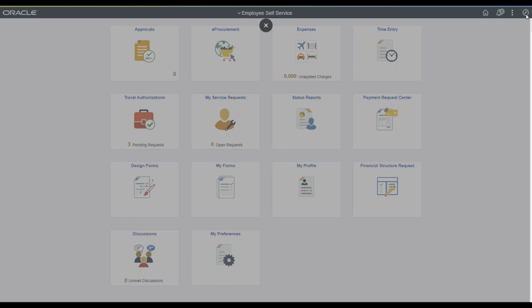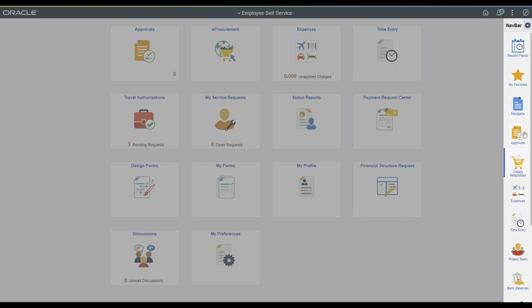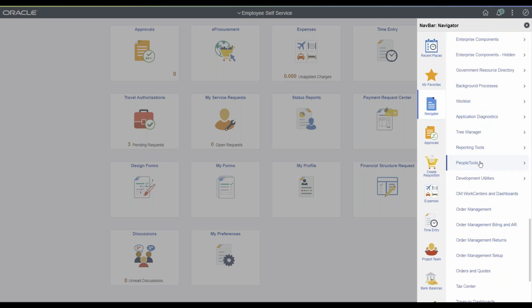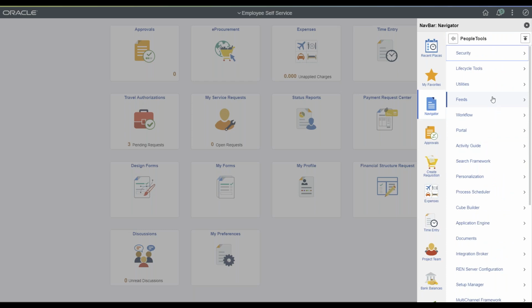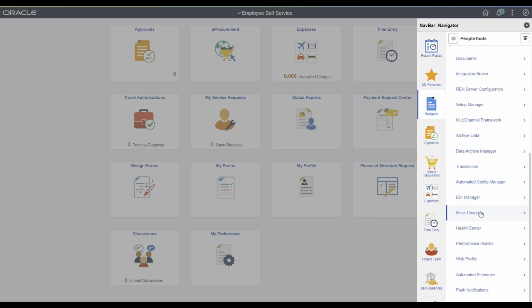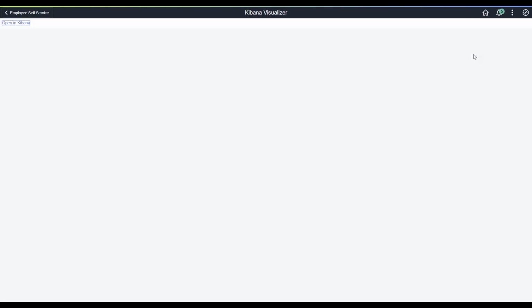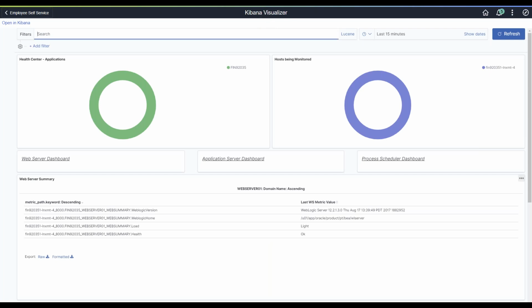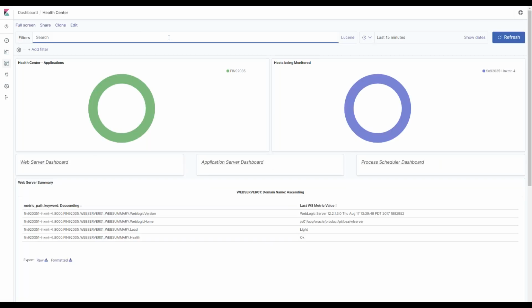All right, so to get to Kibana, I'm going to navigate to the Kibana Health Center dashboard, which is under PeopleTools. This is the delivered dashboard that we talked about for system administration. I'm going to click on Health Center, and it's going to open here. If you look at the top, we're still in PeopleSoft, but we're looking at a Kibana dashboard. My focus today isn't on the Health Center dashboard. What I really want to focus on is Kibana and creating a new dashboard and then bringing it back into PeopleSoft. But from there, I just clicked the link and I've moved over.